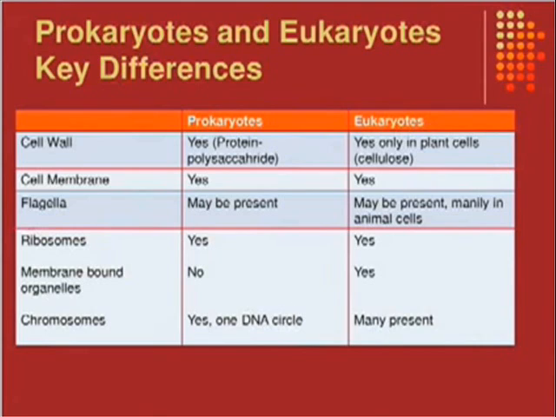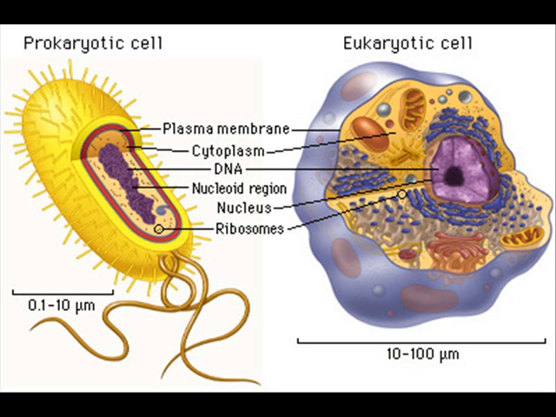They both have cell membranes. Both prokaryotes and eukaryotes have ribosomes. However, prokaryotes do not have membrane-bound organelles, whereas eukaryotes do. And in terms of hereditary information, the prokaryotes contain one circular DNA, whereas eukaryotes may contain